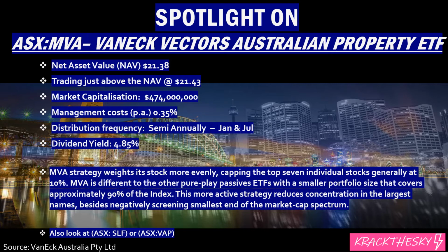Okay, let's look at some numbers. So we had a net asset value of $21.38, trading just above that when I put this presentation together at $21.43. Market cap of this ETF is $474 million. Management costs per annum is 0.35%. Very reasonable, very competitive. You get a distribution from this ETF twice yearly, in January and July. Yield is probably one of the better ones at the moment,